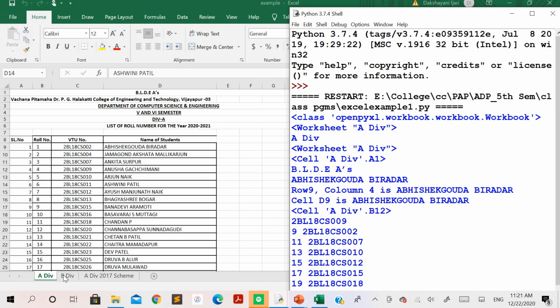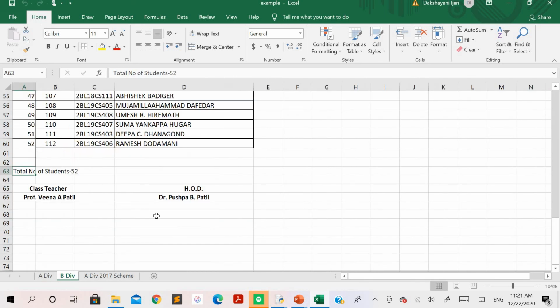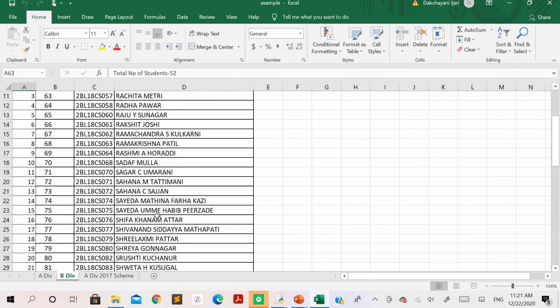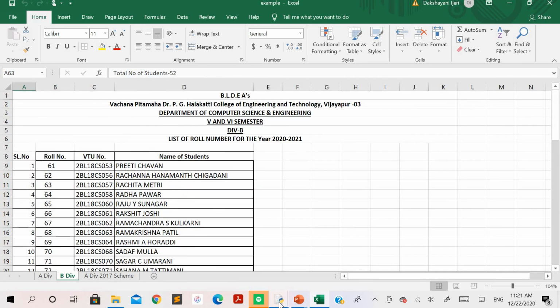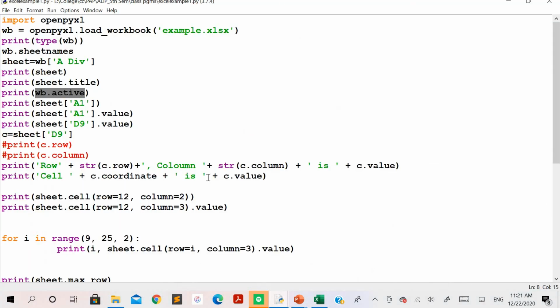So I'll try to change this value here. I'll just point to a different sheet. Now I'll execute the program, and let me see what output we will get for the active sheet here.